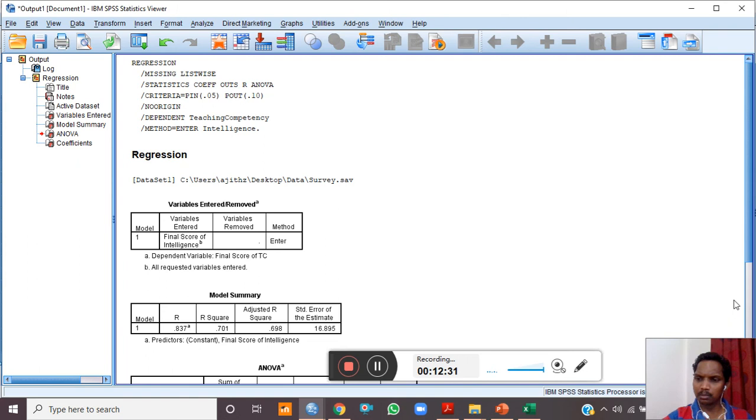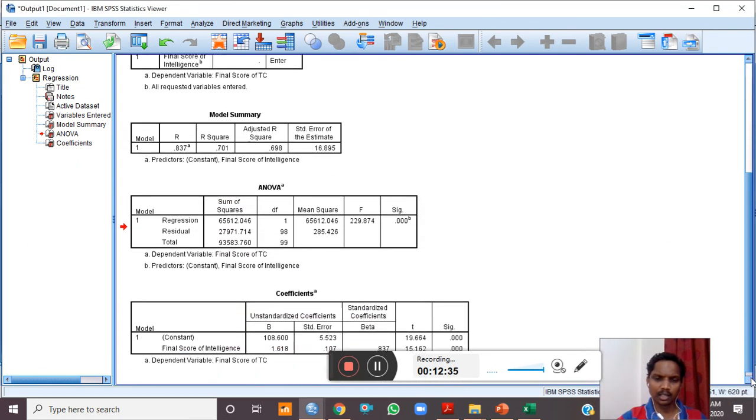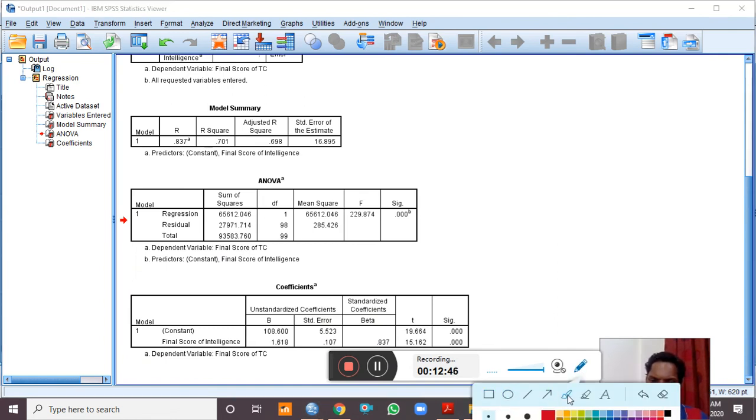Now the third table, the coefficients table, we also require this table, because when we are calculating the regression, we have the regression equation, which says Y prime is equal to a plus bX.